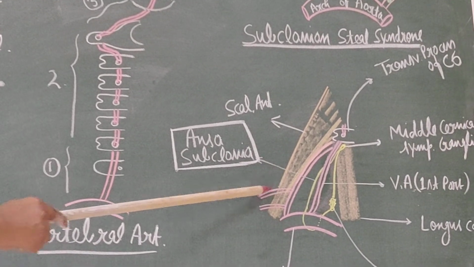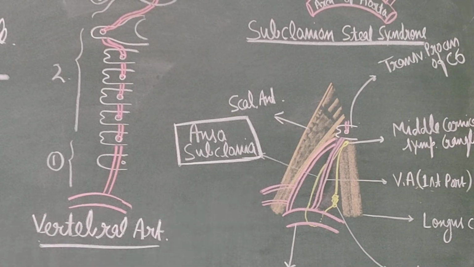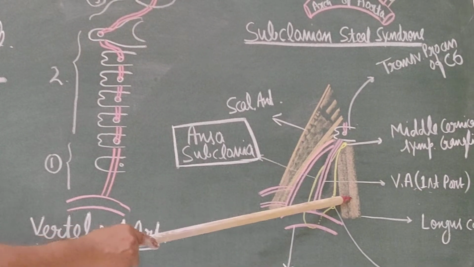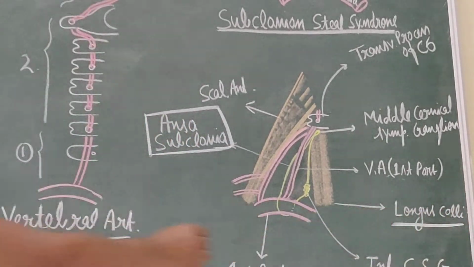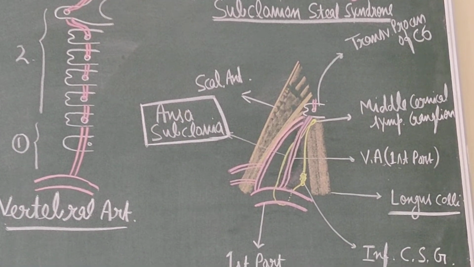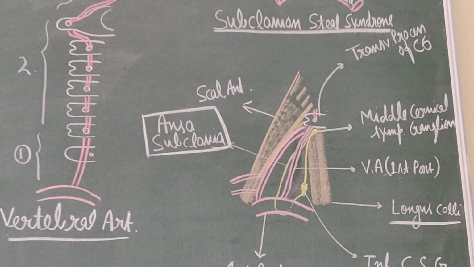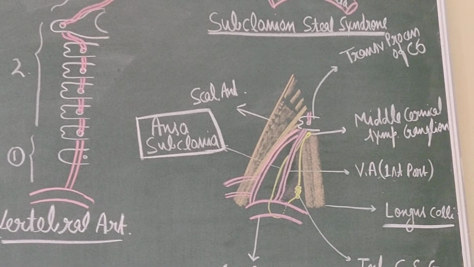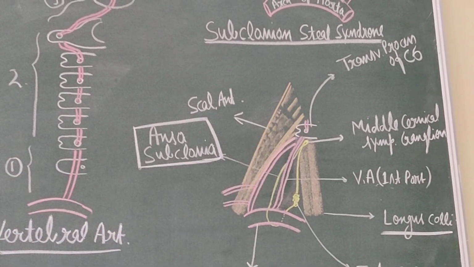Laterally, there is a muscle. This muscle is the scalenus anterior muscle, and medially it is the oblique part of the longus colli muscle. Longus colli forms the oblique part of this scapulovertebral triangle. Now, the apex. Let us discuss the apex. It is the transverse process of the C6.